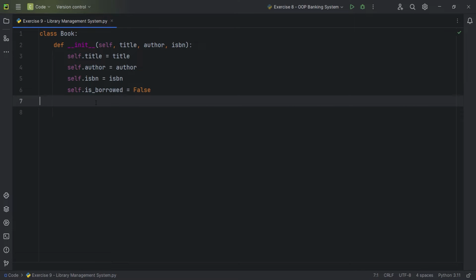So this is like a blueprint or a template from which all other books will be created. So let's dig into this. First, of course, whenever you're defining a class,